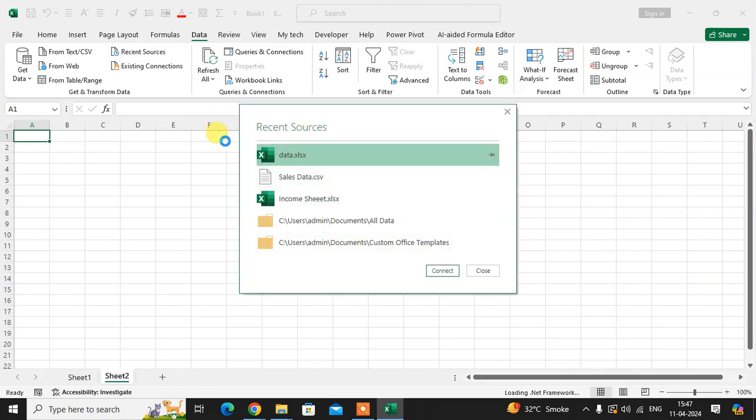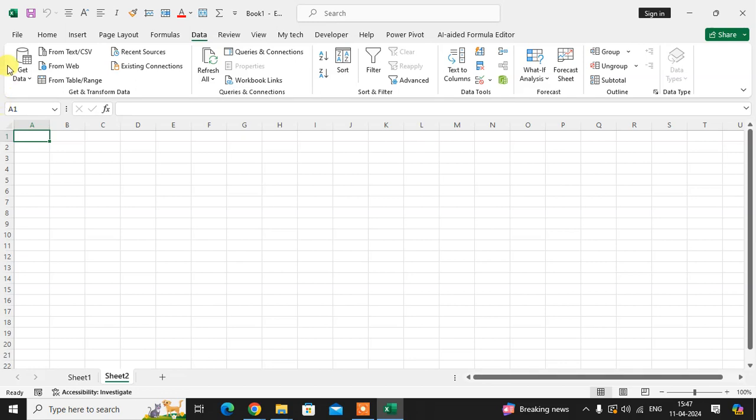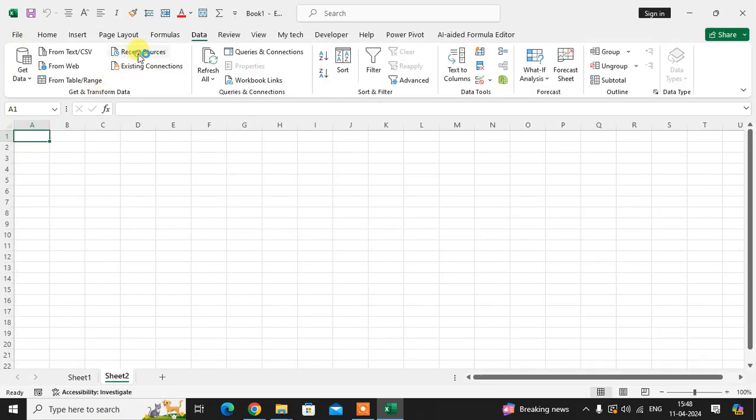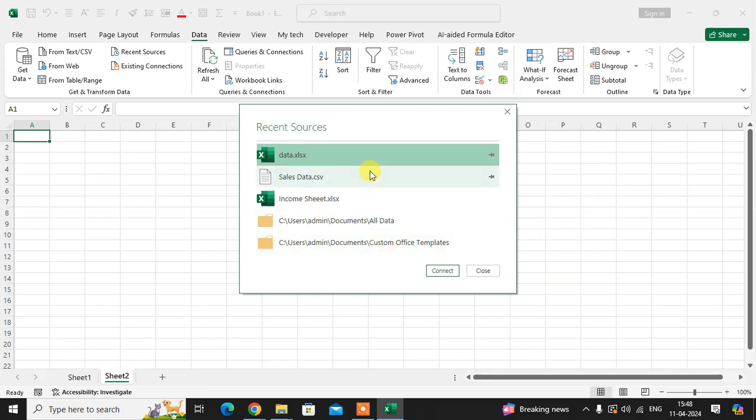When you click on it, here you see the recent sources: data, sales data, CSV, income sheet. I just closed it, and when you click on the File tab, the same file is available here, data, sales data. This is a recent file I used. So the same file shows here in recent sources. So I just use this file,